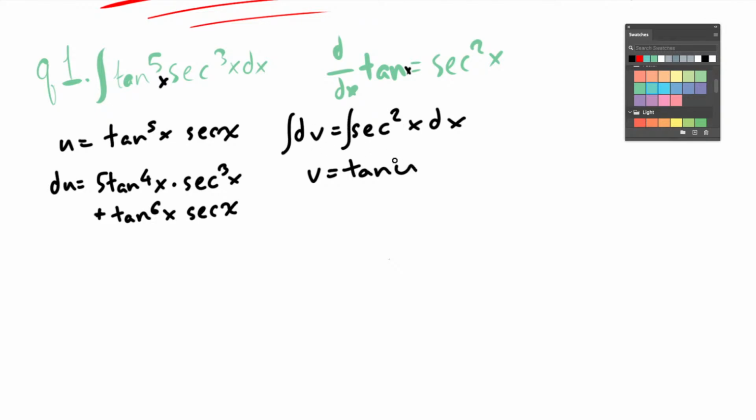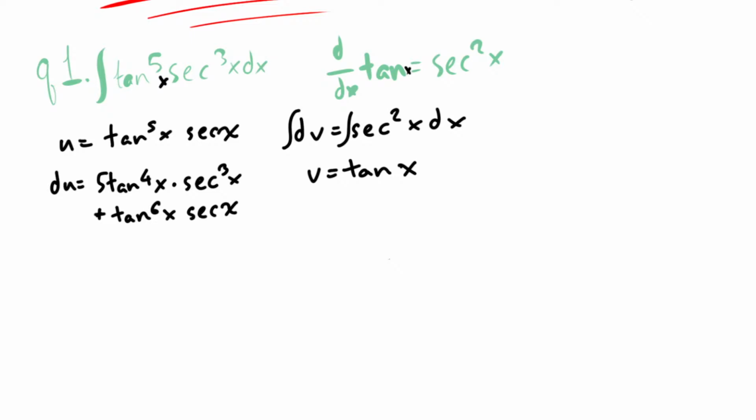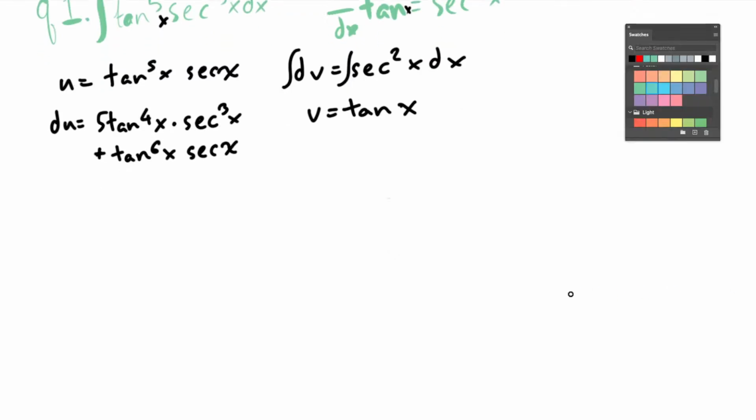Isn't that nice? Tan x, right? v equals nice tan x. Great. Now, uv, so tangent 6x secant x minus integral of